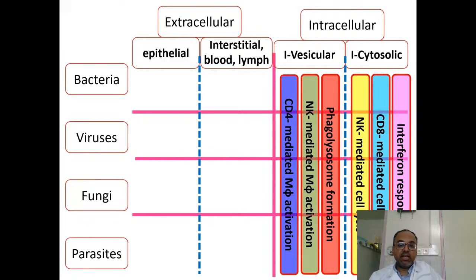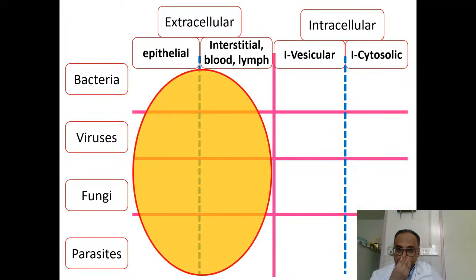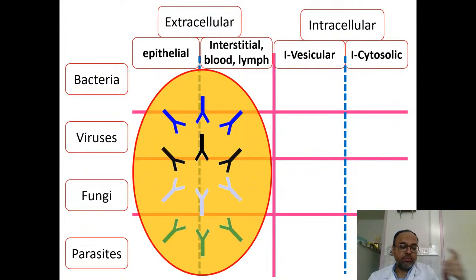All right, so in the next 10 minutes, I'm going to tell you about the extracellular space. And some of the slides that I'm going to show you, you've probably seen before. This is the realm of the antibodies. This is where B cells are active, and they can fight against pathogens in the extracellular space. Either pathogens which are going to live in the extracellular space or pathogens that are going through the extracellular space. Their final destination might be inside the cells, but they are going through the extracellular space. They can be targeted by antibodies.